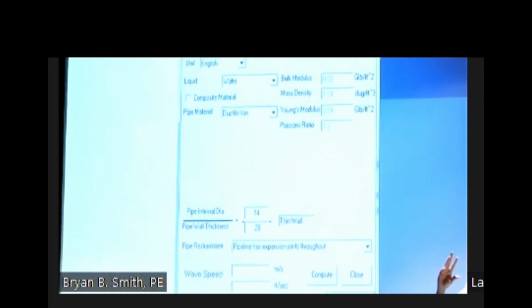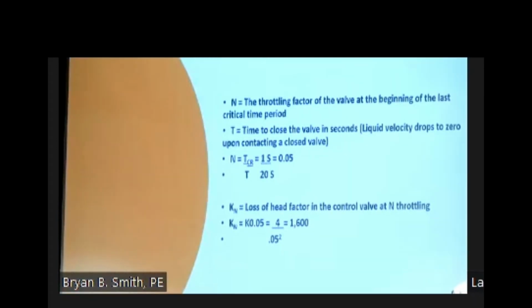Because I am old. When I went to college, we didn't have a computer. We had to do everything by hand. Now the software is like, oh, here, we can calculate the wave speed for you. Life is good. I would like to go back to college now, please.